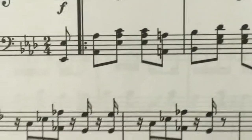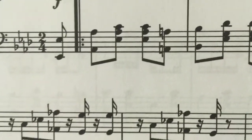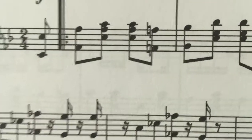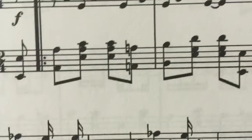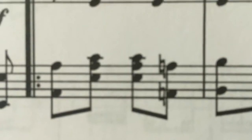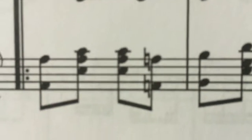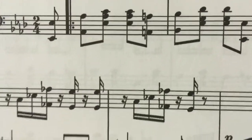So now that you know that this is an E and an A, you're going to need to play this octave, this chord, which is C sharp, C natural, A flat, and E flat. And you can also see that the E on the bottom lines up with the E right there, A lines up with A right there in the chord, and then the C is pretty recognizable as the first one with the line through it that is above the rest of the lines. And those are also all in eighth notes. So you have,